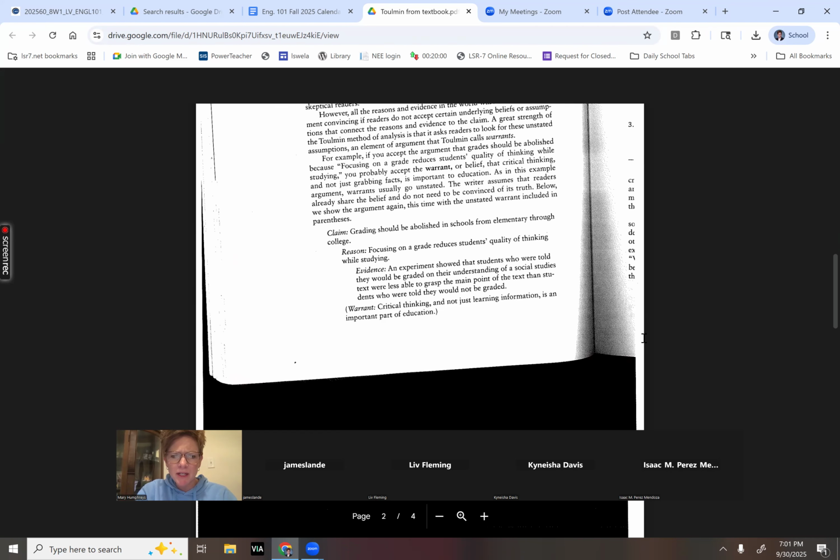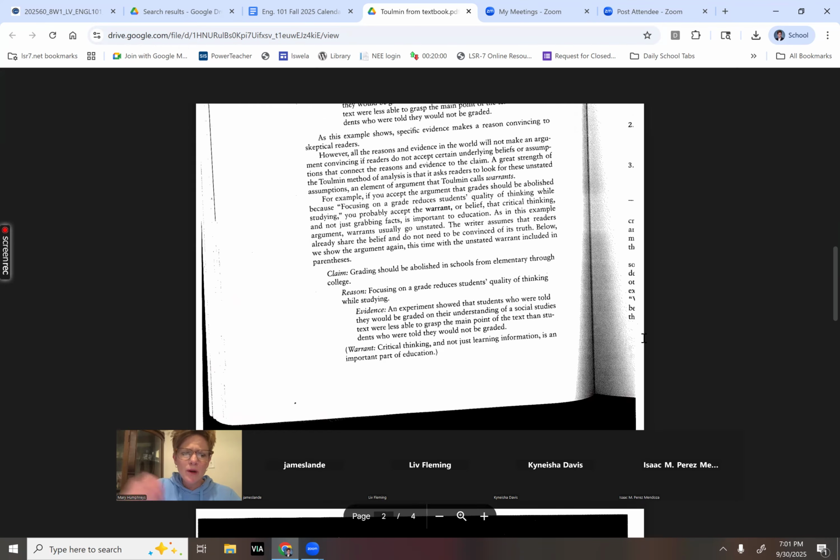Then they go into this idea of the warrant. And the warrant sometimes I think can be a struggle for some students, but try not to overthink it, okay? If we're talking about a warrant here, we're talking about, just in general, the thought behind the actual process. So, for example, if you don't believe the warrant, then you're not going to believe anything about this particular argument. And so I put here, look for unstated assumptions.